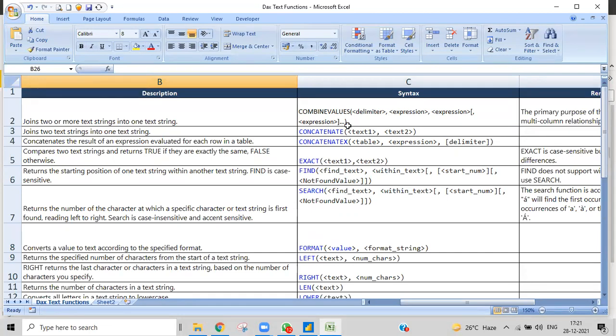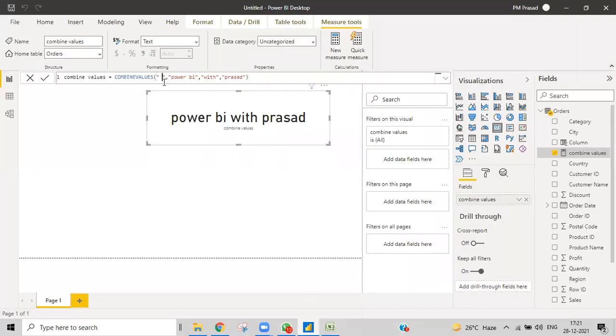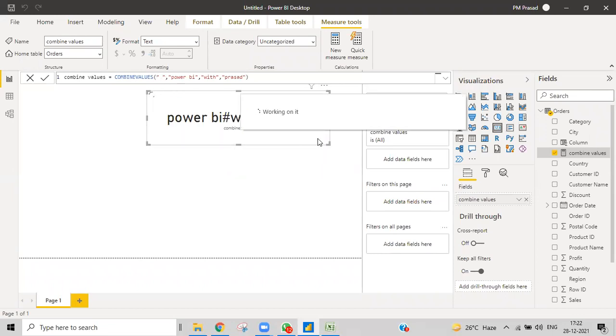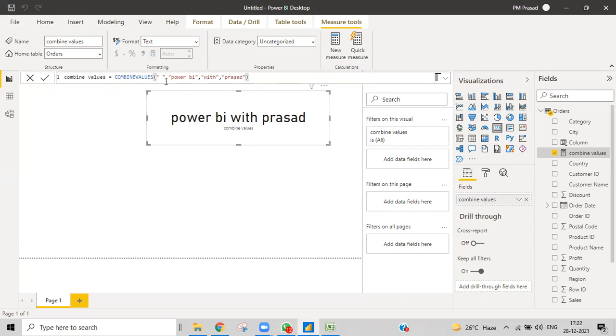Why did we put the comma in quotes in the measure? In our combining measure, this one, double quoted, you can write a comma or anything as the separating value. The delimiter that we write there is what is used. Hope you understand, right? If you give a space, whatever you give between those quotation marks will be taken that way. If you don't give anything, it will show an error.